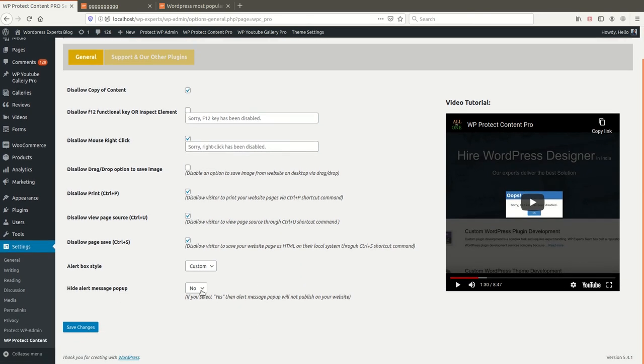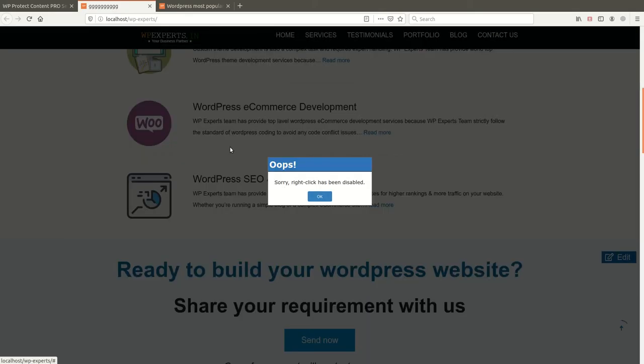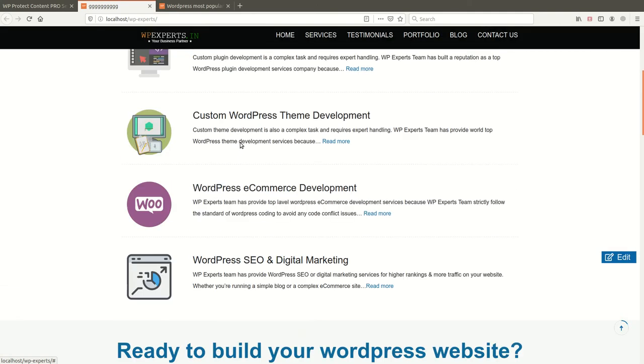Sometimes you do not want to display any message to the customer on the website. Currently when I right click, I am able to see the message here.